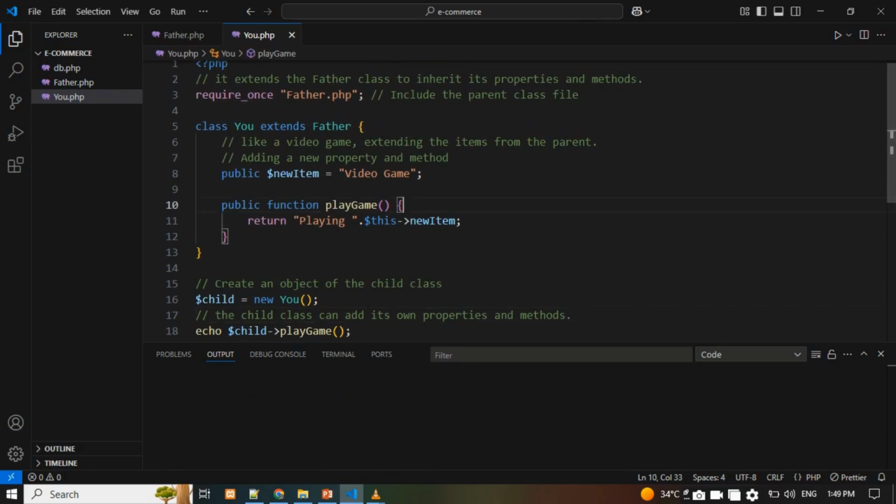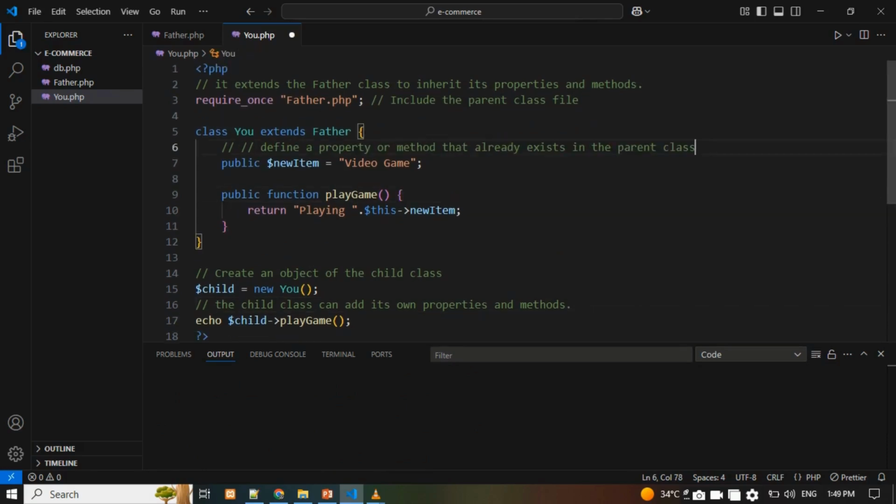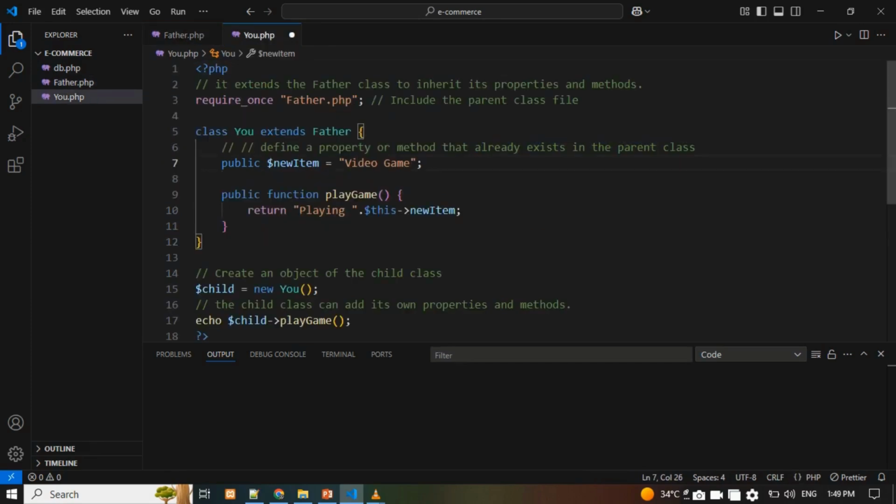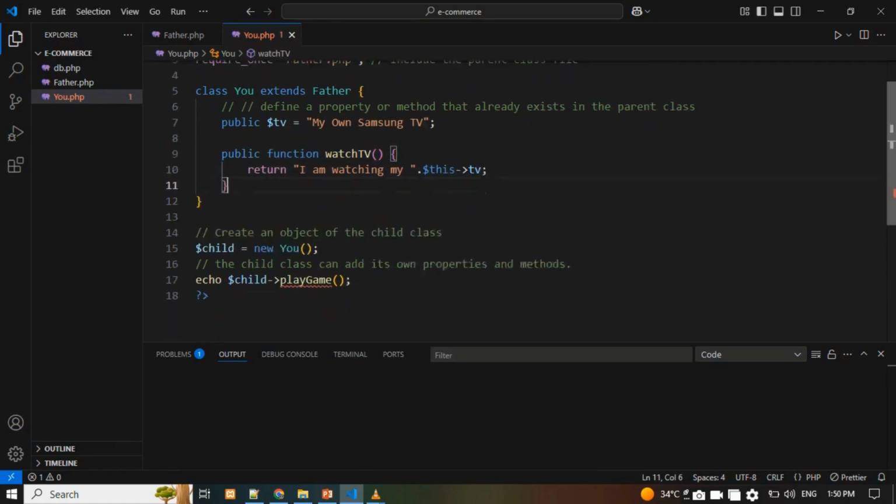Next, if the child class wants to define a property or method that already exists in the parent class, such as TV and the watchTV method, it can do so by redefining them. Public $TV is equal to my own Samsung TV. Similarly, the child class can redefine the watchTV method.